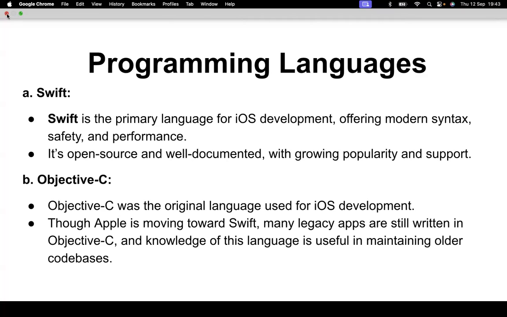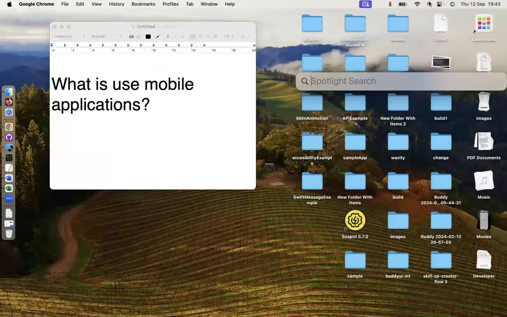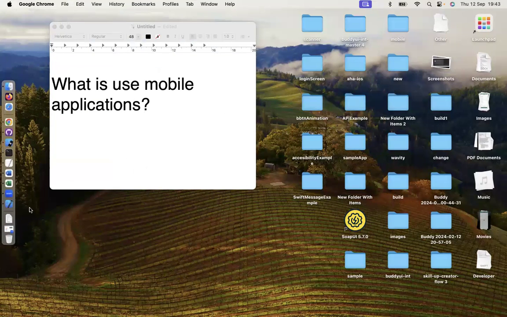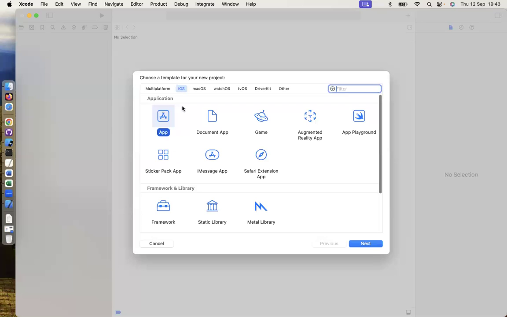Okay, sounds good. So I will explain how we can do things. This is the Xcode we discussed right now. In this Xcode, we can create projects. These are all the types of applications. We can use iOS, macOS, watchOS, tvOS, DriverKit, and other applications.